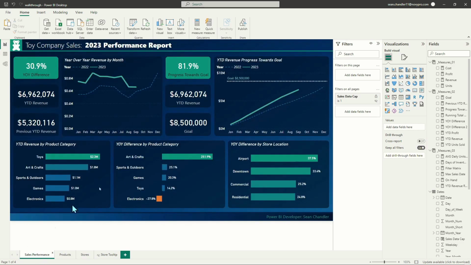The only thing that we're missing from all of this is, are we going to hit this $8.5 million target? So for that, we're going to come back in a little bit more advanced DAX lesson to help us understand how we could project out based on how we're doing so far in 2023 to understand if we maintain performance, what our chances are of really hitting that